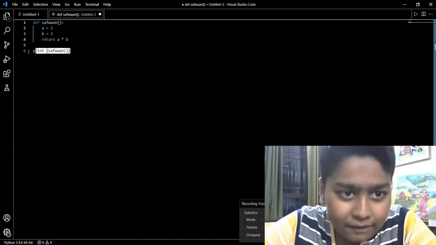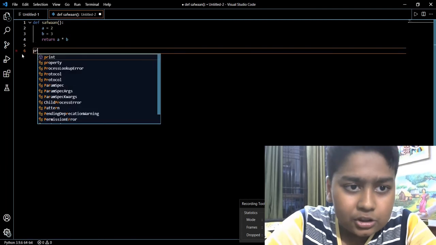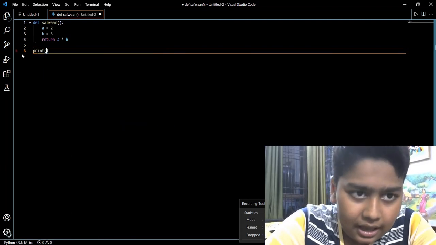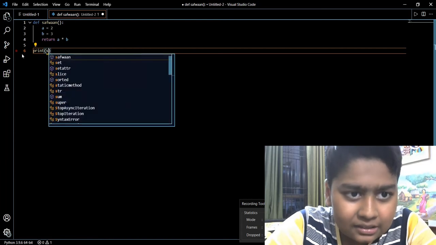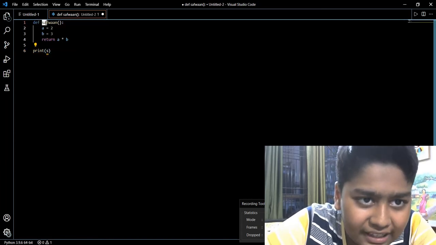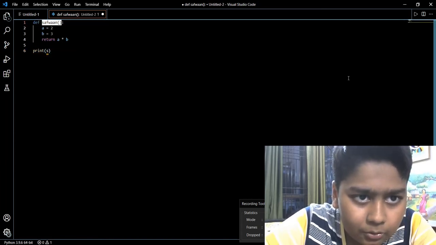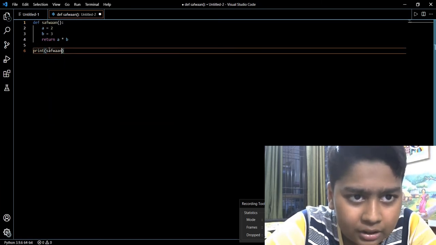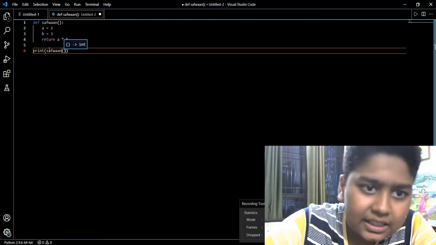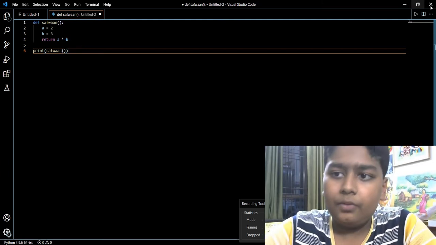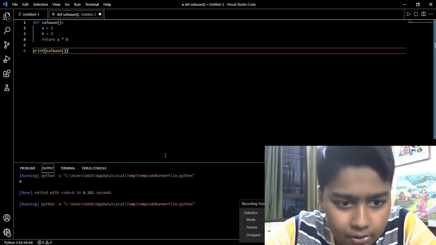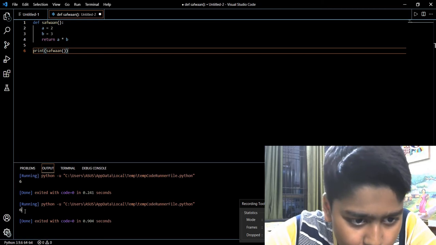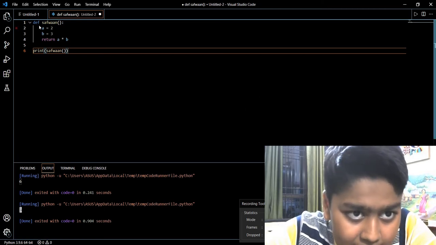Then you have to write a command which is print, bracket. Then you give your define name, which is here. So my define name is Safwan, bracket. And if I run this now, you see it's showing me 6.